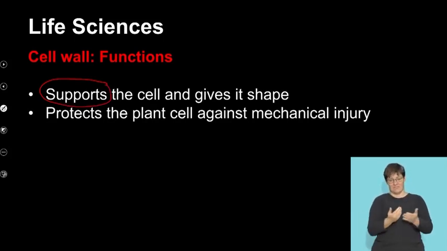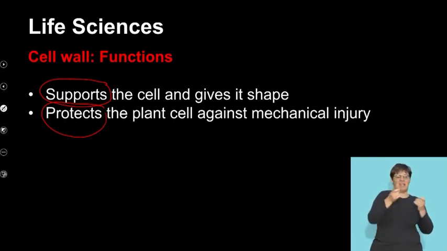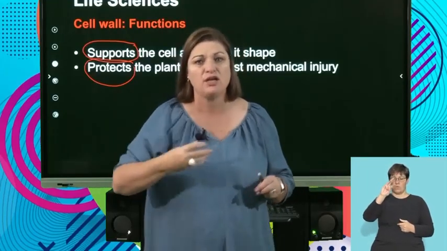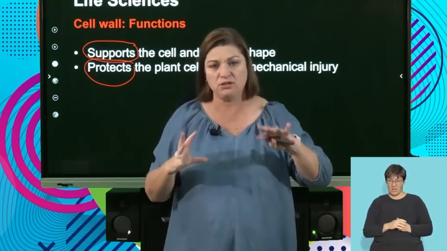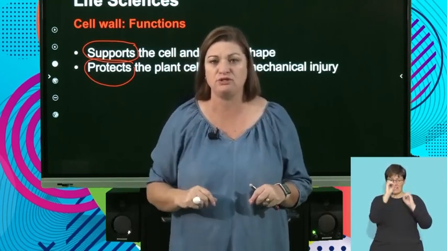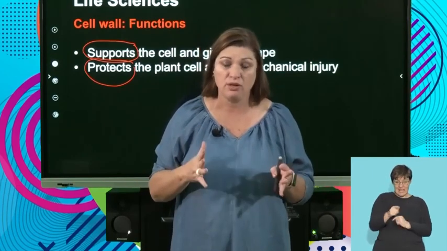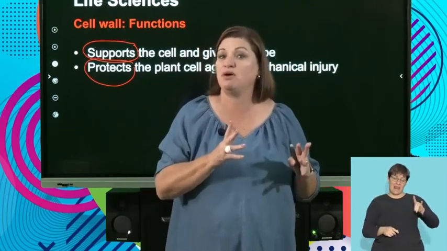And in supporting, it also protects a plant against mechanical injury when it bends in the wind or things like that. So it just gives it that really strong part. I don't know if you guys use cotton wool. Cotton wool is cell walls. Those are all the dead parts of the cell that we're going to use. So only plant cells are going to have a cell wall,